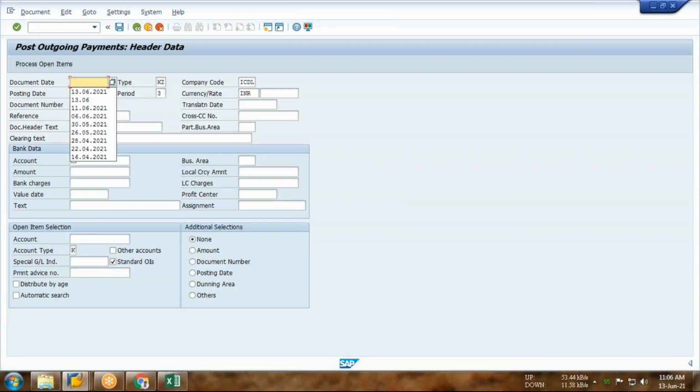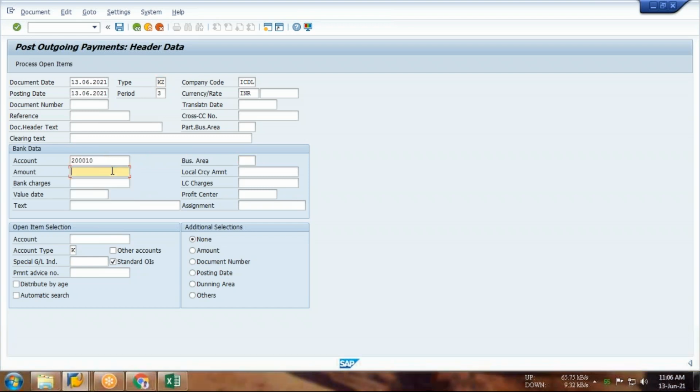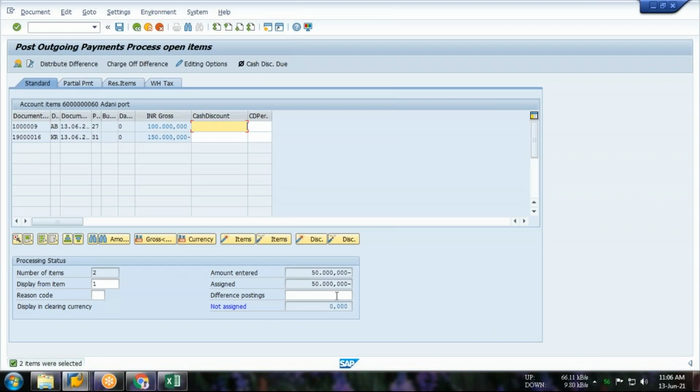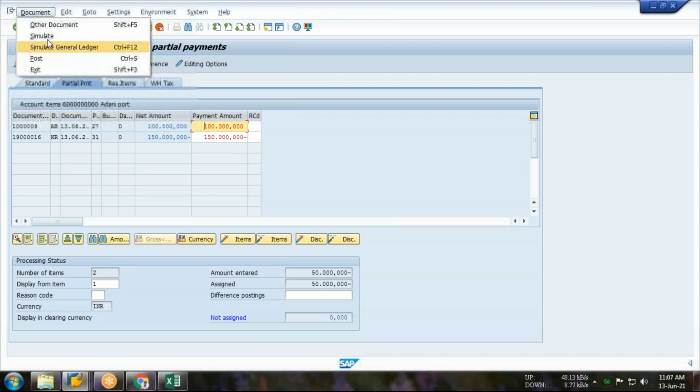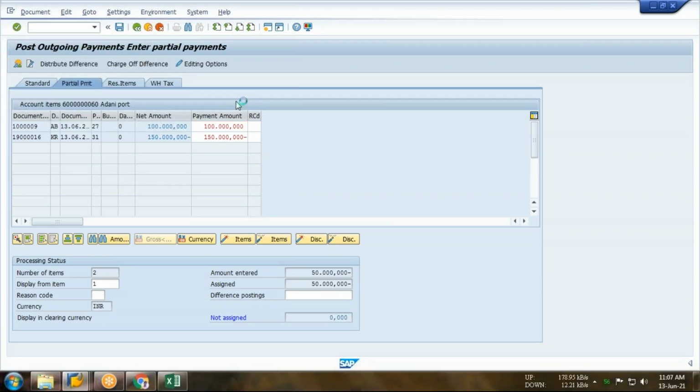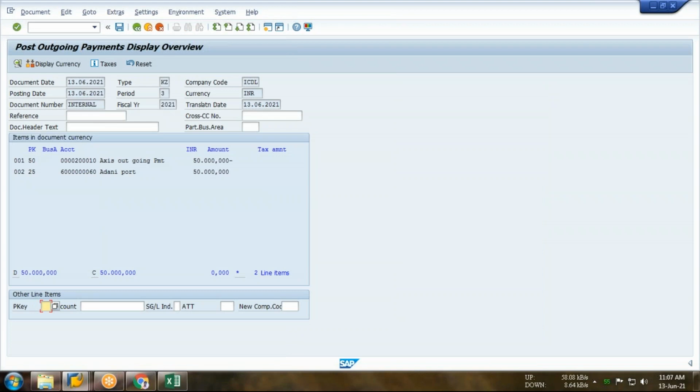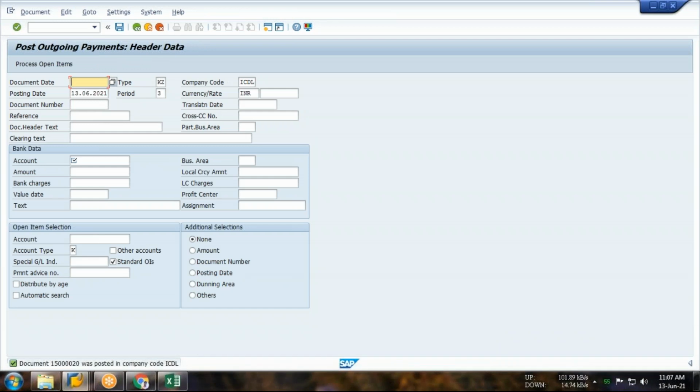Yes, sir. So how shall we deal with it? Sir, you already know this. What is the account? The account is 2,10,000. Amount is how much? 50,000, the outstanding part. What is the vendor? 6,60,000. And value date: if a bank account is used, you have to select the value date. Enter. You can see, all done. Then document, simulate, or you can post directly. So the remaining 50,000 we are posting. Click on post. Done.